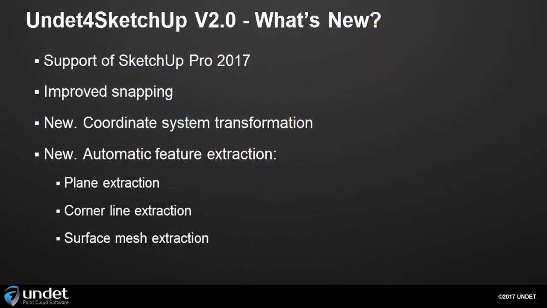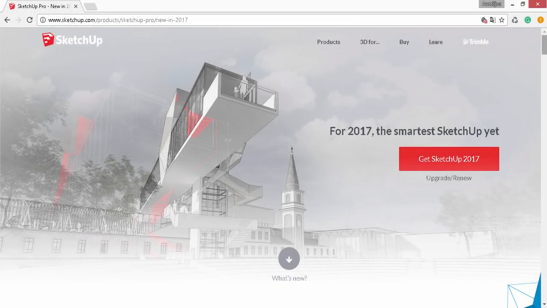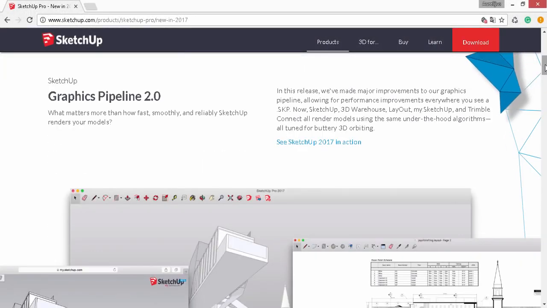We have released the second version of our point cloud extension for SketchUp. The second version supports the new SketchUp 2017, which in fact was the biggest challenge for our development team. Since the new SketchUp made some major improvements to their graphics pipeline, we also had to rebuild the Undet application from